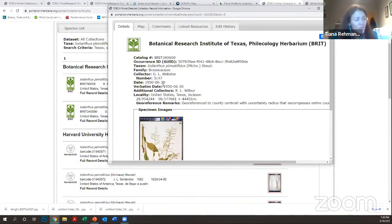You'll notice when you look at this specimen that it's in the Brassicaceae. It was collected in 1950 on June 30th. You can see that there were additional collectors. But when I open up this image here,